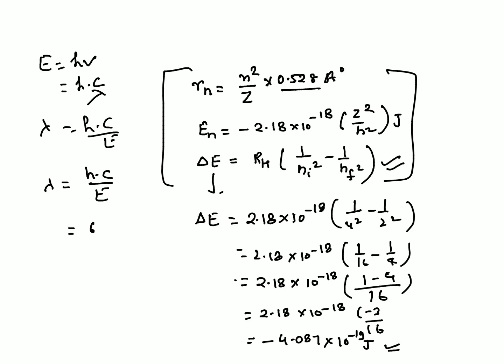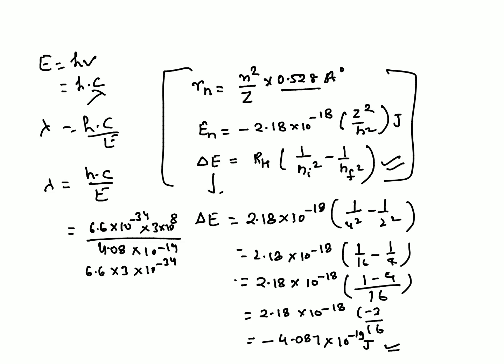So we have h, which is Planck's constant. Put the value of Planck's constant, 6.6 into 10 to the power minus 34, into the value of c, the speed of light, 3 into 10 to the power 8, divided by the value of energy we have calculated here, 4.08 into 10 to the power minus 19. So when you solve it,